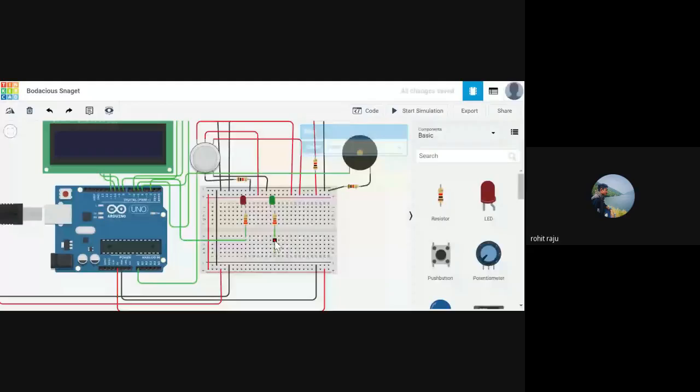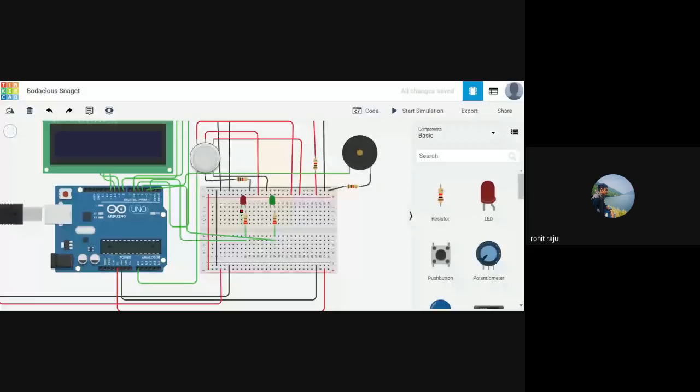There's no other place, that's why I've done that. And here we have the cathode, right? The cathode should be grounded. Where is ground?